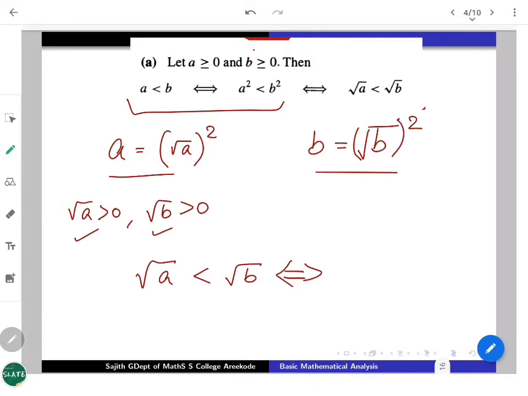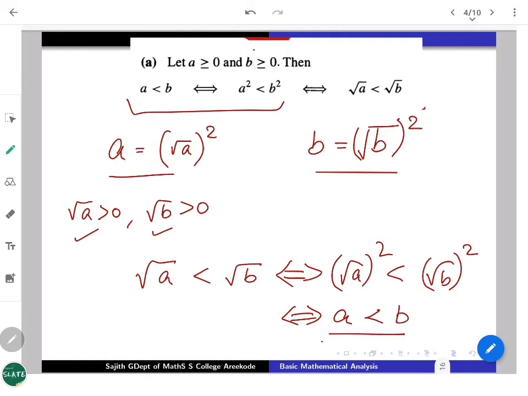If I am using, instead of A, the square root of A, then the square root of A squared is less than the square root of B squared. Right? So this simply says what? A is less than B, which says the square root of A is less than the square root of B if and only if A is less than B. Which says all conditions are equivalent: 1 and 2, 1 and 3, and 1, 2, and 3. So this condition will give a powerful tool to analyze many other inequalities. Now this is one of the fundamental ones.